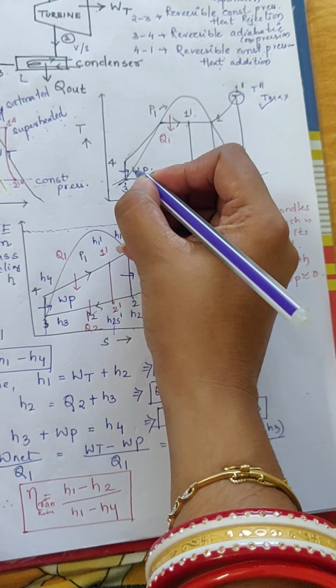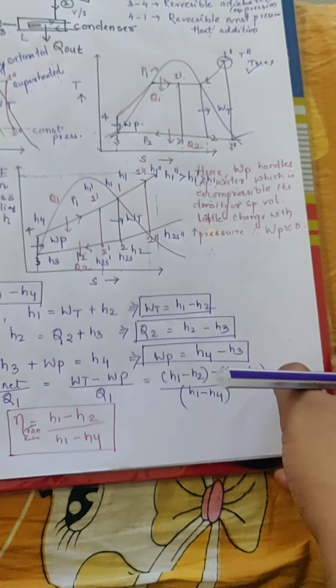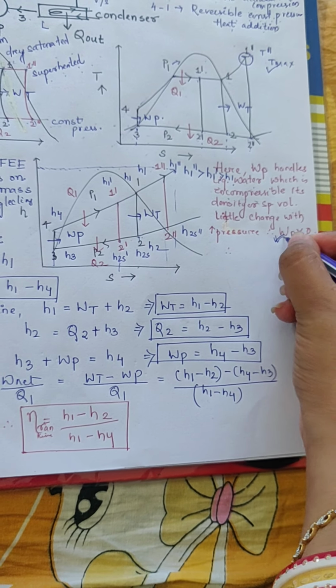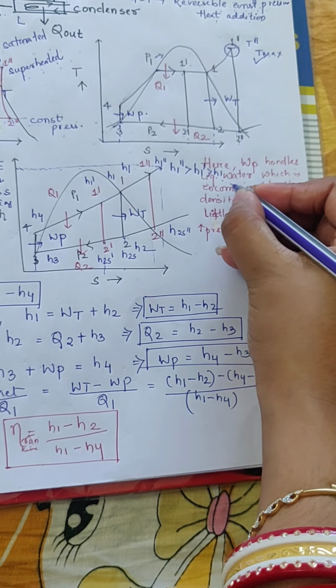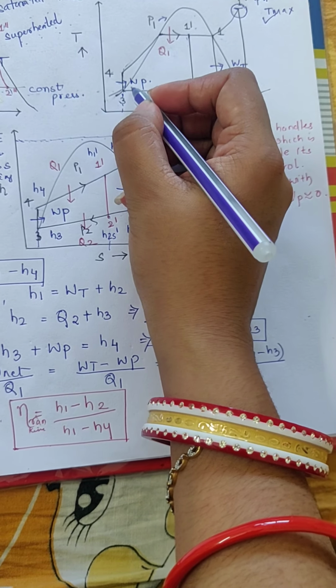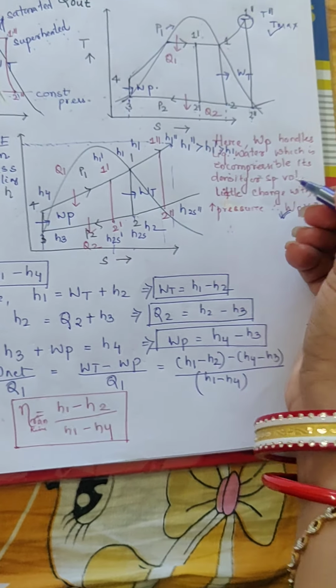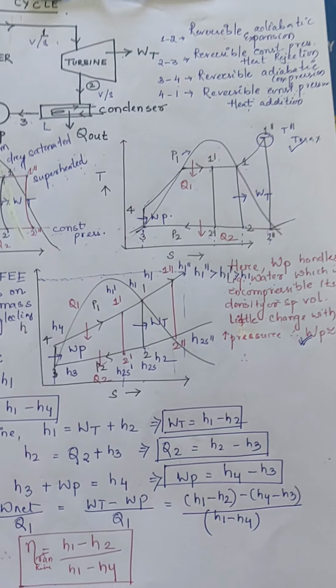That's why you have to neglect the work on the pump. WP must be considered as negligible work, because the liquid water inside the pump is incompressible, and its density and its specific volume